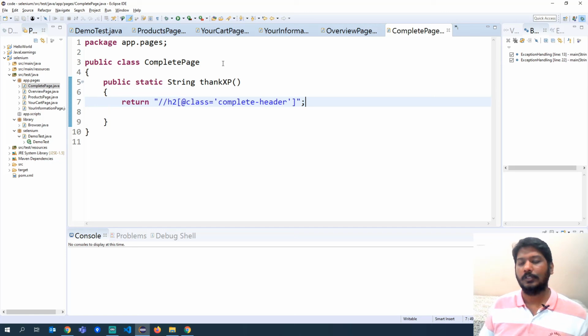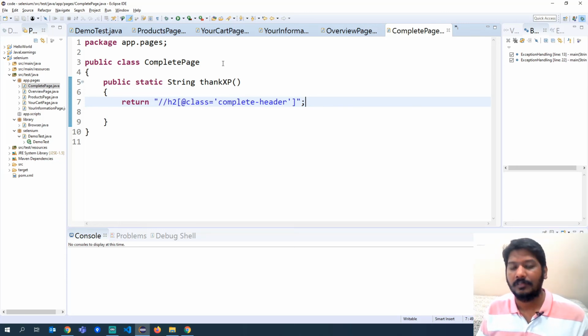Okay, so what we have done, we have gone through each and every page that we are going to touch in this particular scenario, and then we have captured all the objects of each of the pages in their respective classes. So in real time also, this is how it happens. You have to first navigate through the entire pages and try to capture each and every individual object and then put it in their respective page classes. Now we got all the objects, so now we have to add the actions that we are going to perform on each and every page. Okay, that we will see in the next video.